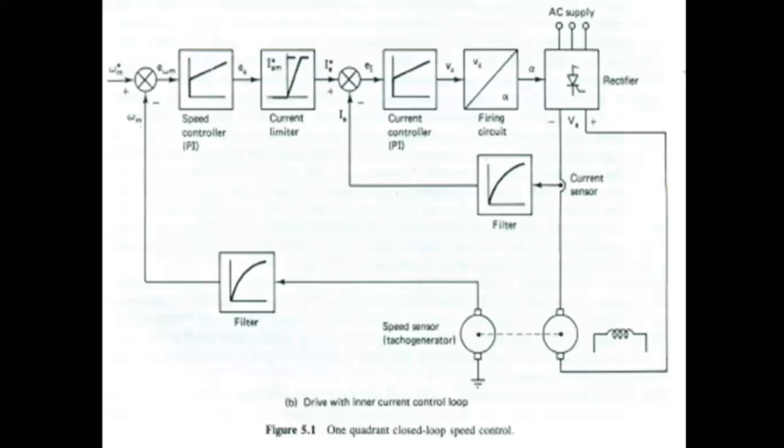If you decrease the motor current due to the decrease in supply voltage, it produces a current error. When the current error is produced, it changes the rectifier firing angle to bring the armature current back to the original value. The transient response is now governed by the electrical time constant of the motor. Since the electrical time constant of the drive is much smaller than the mechanical time constant, this inner current control provides a faster response to supply voltage disturbances. This is the first advantage.